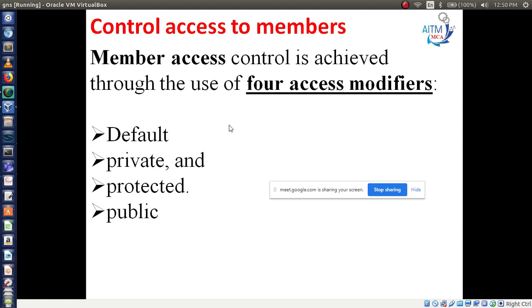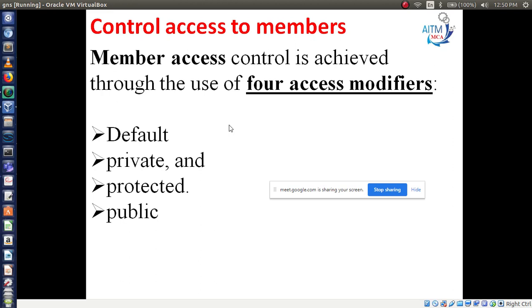Nothing but what you have defined: the data types, int, float, char, right? These are our data types. And class members, what do they mean? These are our class members, belonging to the same class or a different class. So you have more than one class in your program. If you want to run your program within one class, or you have to create two or three classes, make them separately and run your program, right?